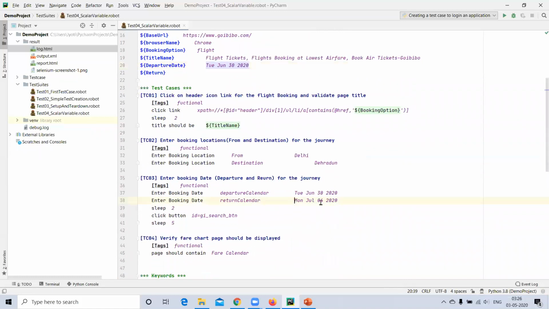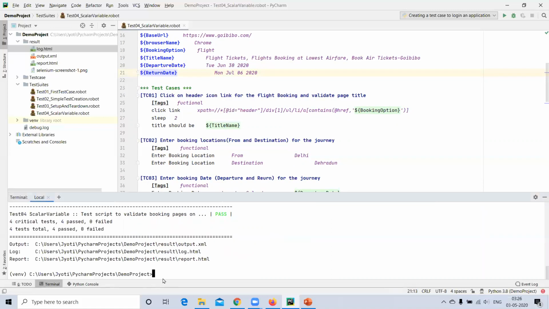I will use the scalar variable name only in the test case, rather than providing the static data. I will be using the scalar variable for return date. Let me execute.